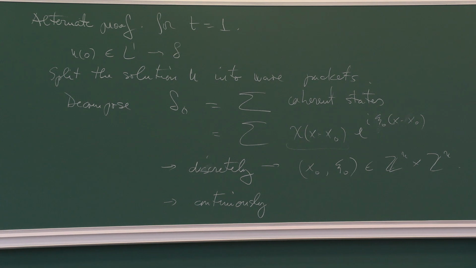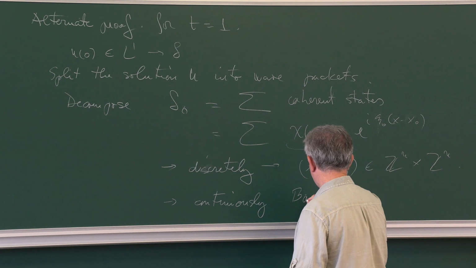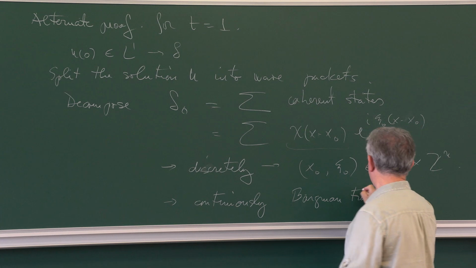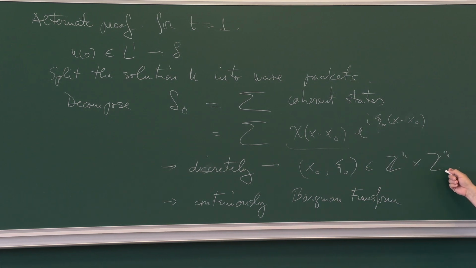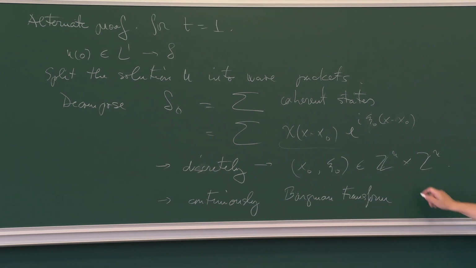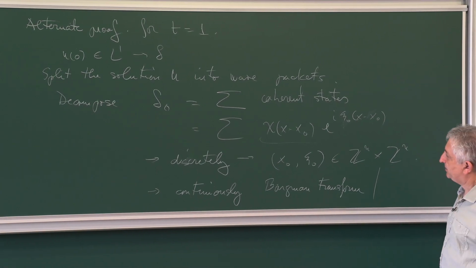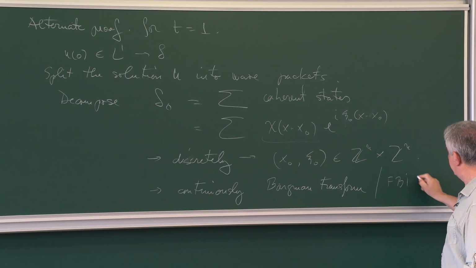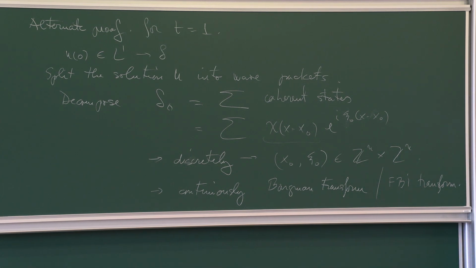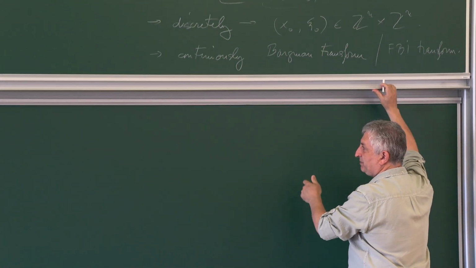And this is what is accomplished using, maybe you're familiar with, what's called the Bargmann transform. So this corresponds to x0 and psi naught in Rn cross Rn, and then this sum becomes an integral. Sometimes Bargmann transform, if you use it on different scales, is also called the FBI transform. And if I remember correctly, it has two or three more names, depending on who uses it. And so what is happening in here is